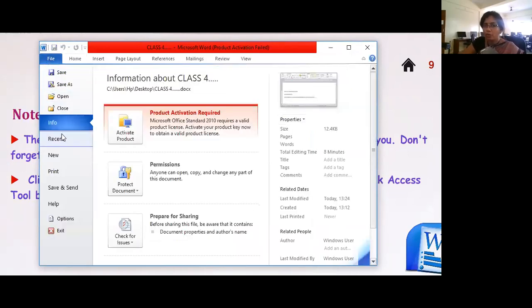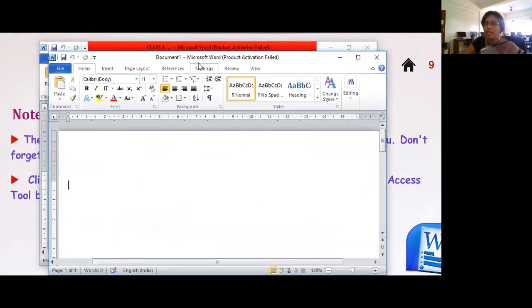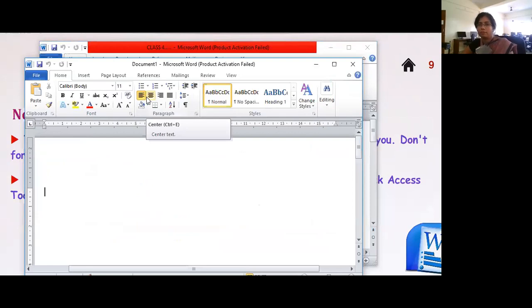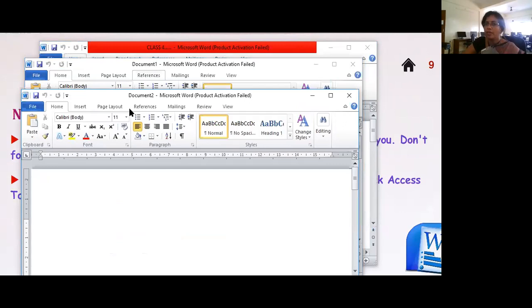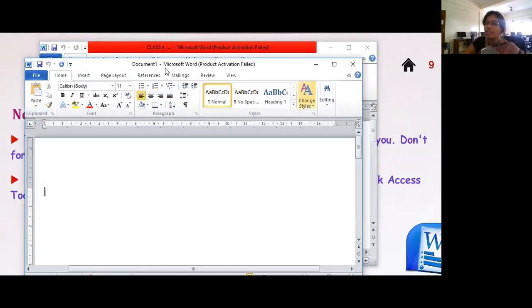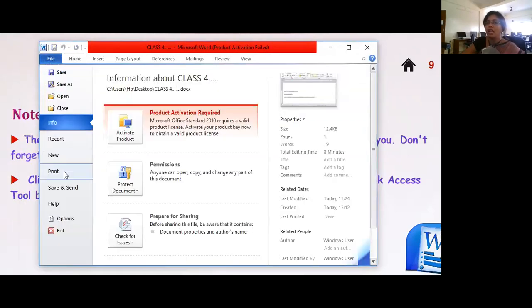I'll just open a new document, okay? I am taking a blank document. Children, you can see by default, whenever you open a new document, the name of the document will be document 1. Or if you're opening another new document without even saving this one, that will come as document number 2. See here, document 1, 2. Because until and unless I save it, it will be this particular name only, document 1, 2, 3, whatever. It will not show you. So if I just close it up, nothing will be saved.